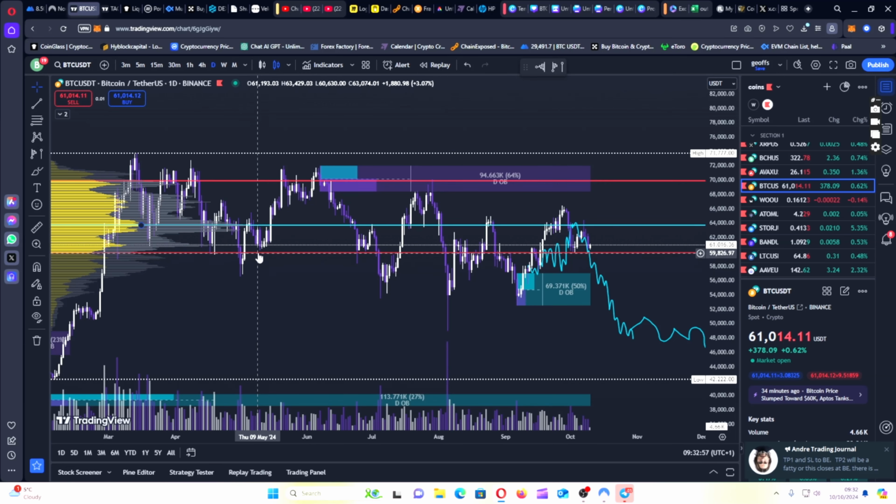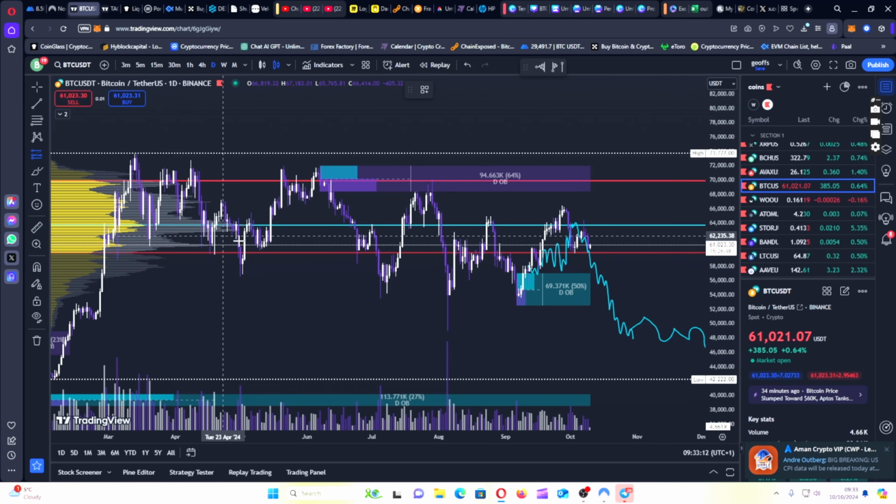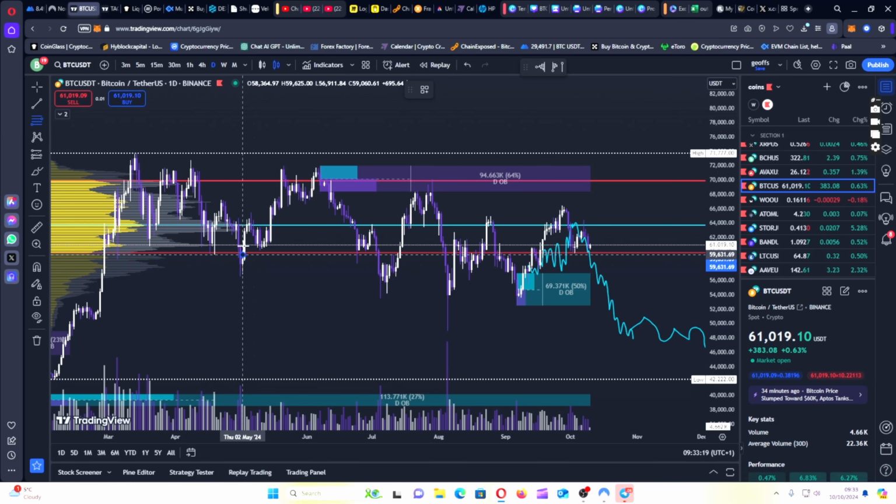So when we've dropped into this area here, we've then had a reaction where we've pushed up, we've come back down, we've retested the value area low, and then we've pushed up again. What you could have done in that area, I know this is all in hindsight, but this is what you want to be looking at. Say it's come down to this area, you've also created a nice fair value gap. We've held the fair value gap, we've come back down, we've tested the midpoint. So say you've gone long here at this area,